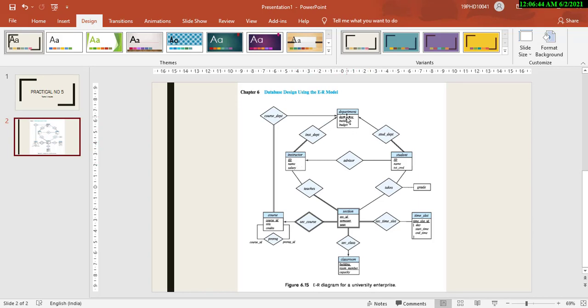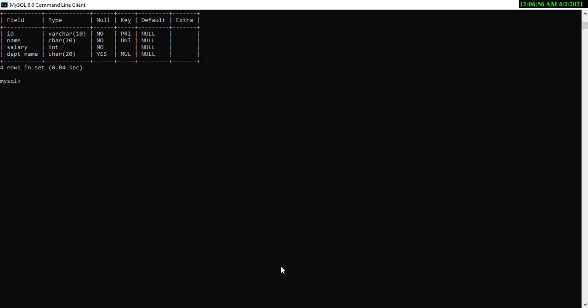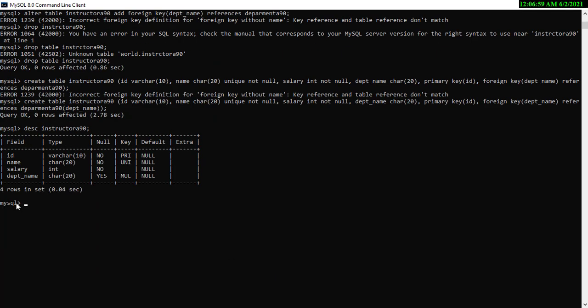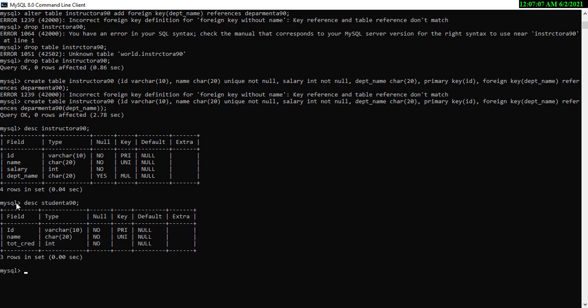Now we are going to establish a relationship between the student and department. So you can use department name as foreign key in the student table. So how to do it? First of all, let us add one column. Let us describe student A90 first, then add one column, alter